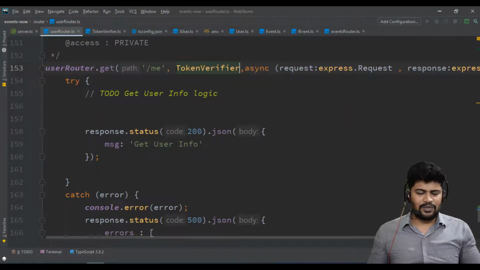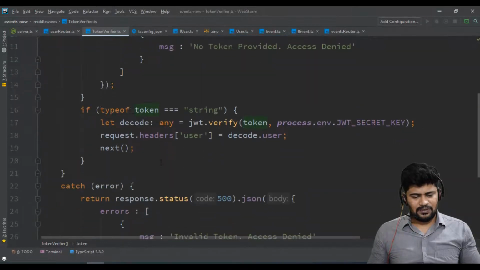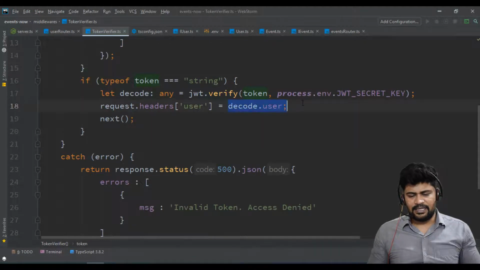What this token verifier does is this is your middleware. Once you go inside, it will check whether the user auth token is provided or not. Once you decode it back, you get the user information, and in that you have the user id also, right? So with that you get data.